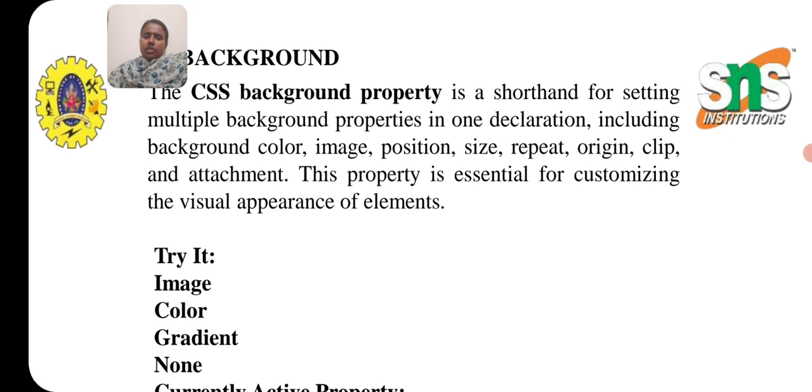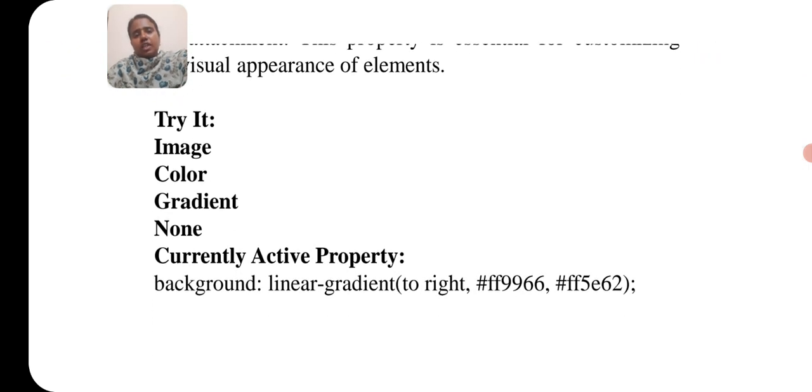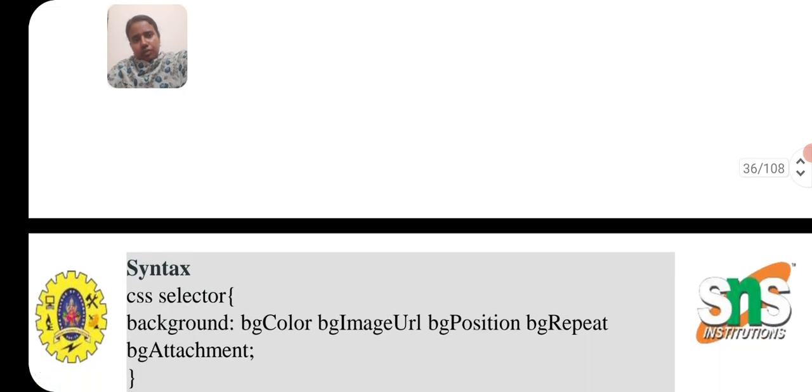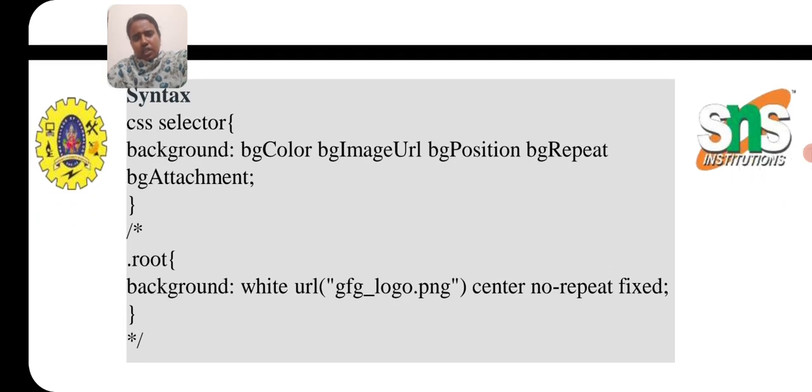There is a visual appearance which represents a color, image, gradient, etc. So let's try it: image, color, gradient, none. Currently active property: background: linear-gradient(to right, #FF9966, #FF5E62). Syntax: CSS selector { background: bg-color bg-image url() bg-position bg-repeat bg-attachment; }. For example, :root { background: white url(gfg_logo.png) center no-repeat fixed; }